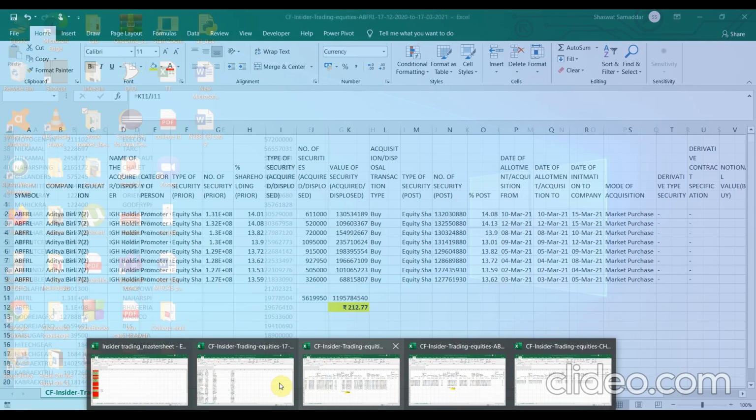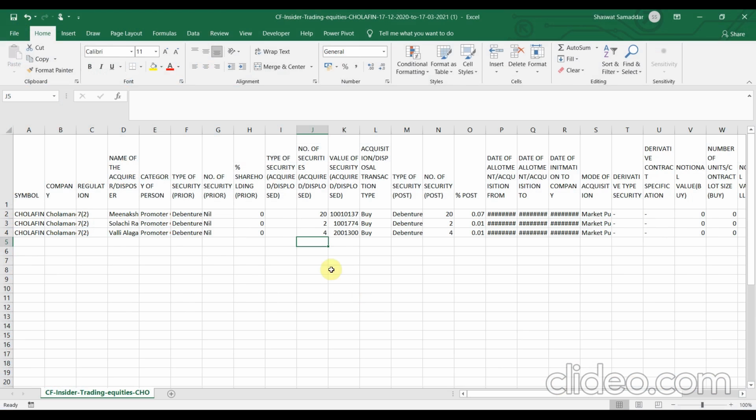Although, we will calculate it and let's see where we reach, whether or not we could guess the number. Maybe there may be some tens or hundreds missing in this particular stock. Let's divide the value of security by number of securities.